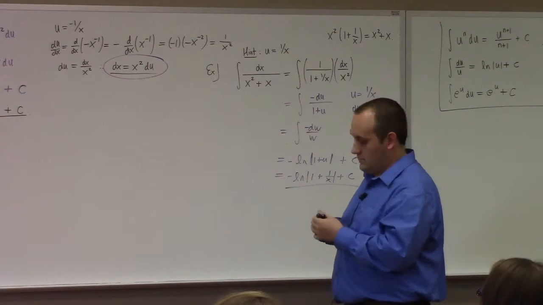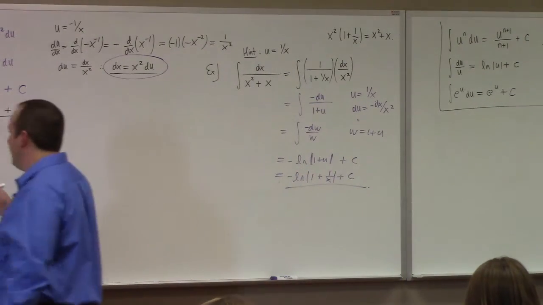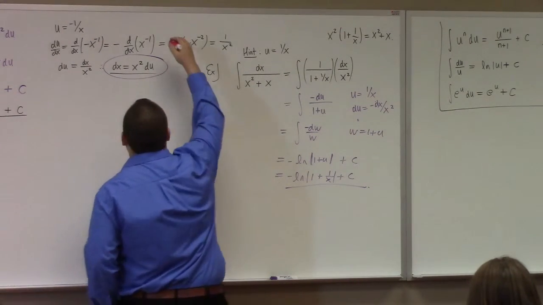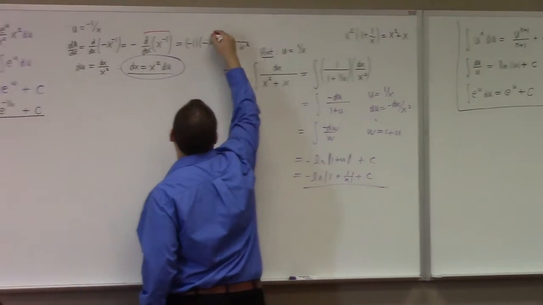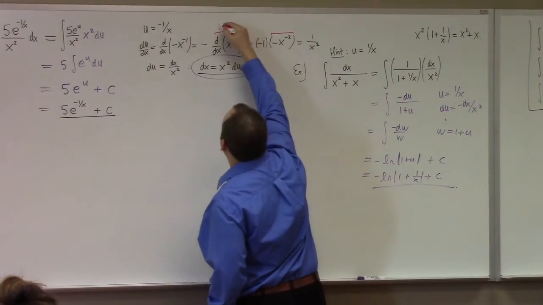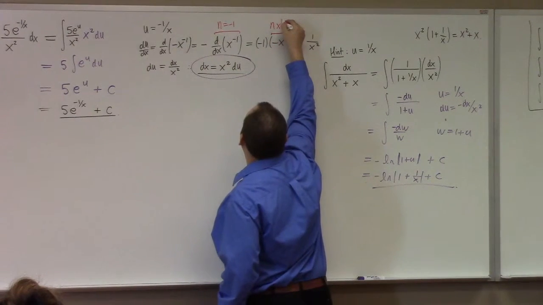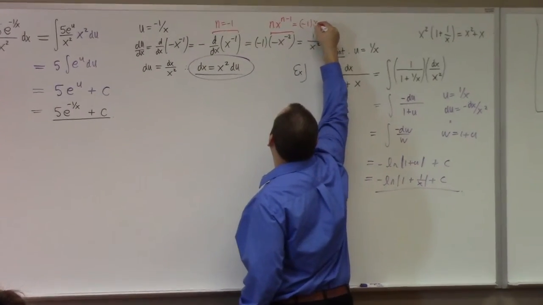When it's d over dx that's negative 1, I know how you got that, but when it's equal to negative 1 times negative x to the negative 2, how did you get the negative 2? Oh, that's just the differentiation. That's this term. So it's n equals minus 1, right? So you have n x to the n minus 1 is minus 1 times x to the minus 2.